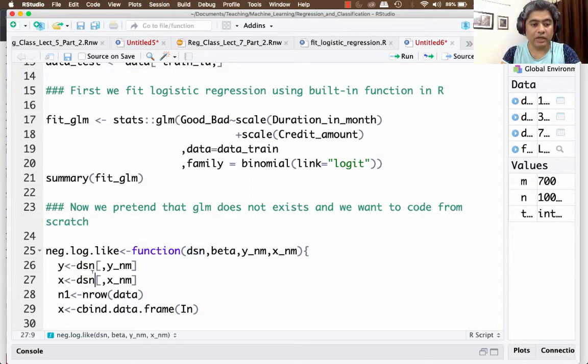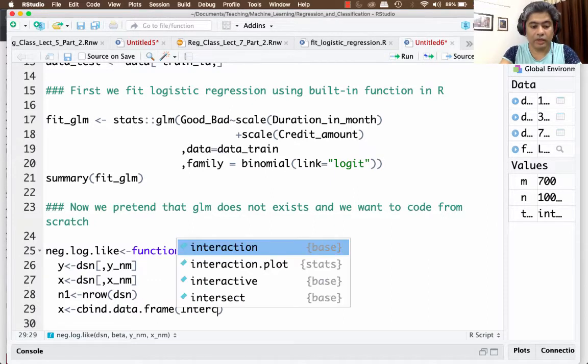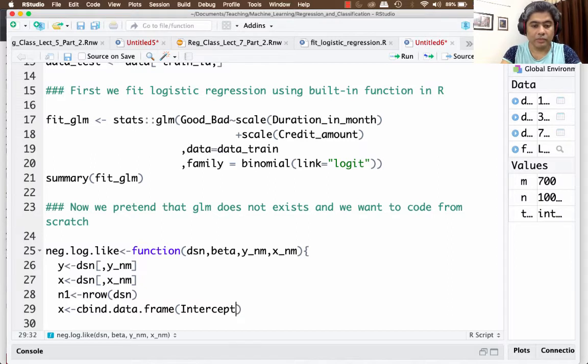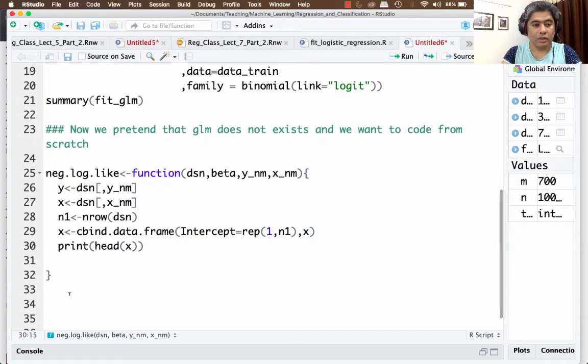So let us call it dataset name. It is not going to affect much, but it is better that way. Intercept equal to replicate 1 comma n1 comma x. Now what I'm going to do is print the head of x, and then